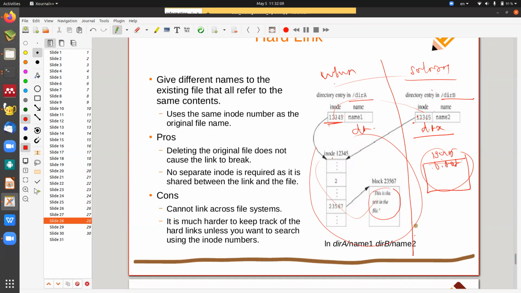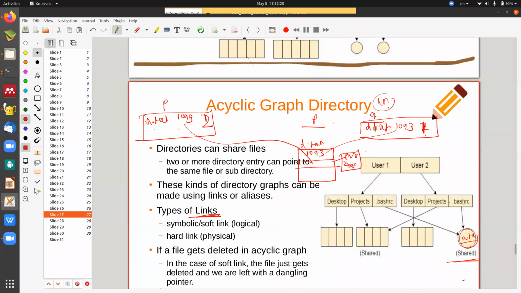Did you understand the requirement? Is the requirement clear? No, say it once again. No sir. Again I'm saying, when you previously create these two links, whether he has created a new file or he is using the same file, does this file have an inode or not? So when you are creating two different files, in this directory and this directory, will there be an entry of this file or not?